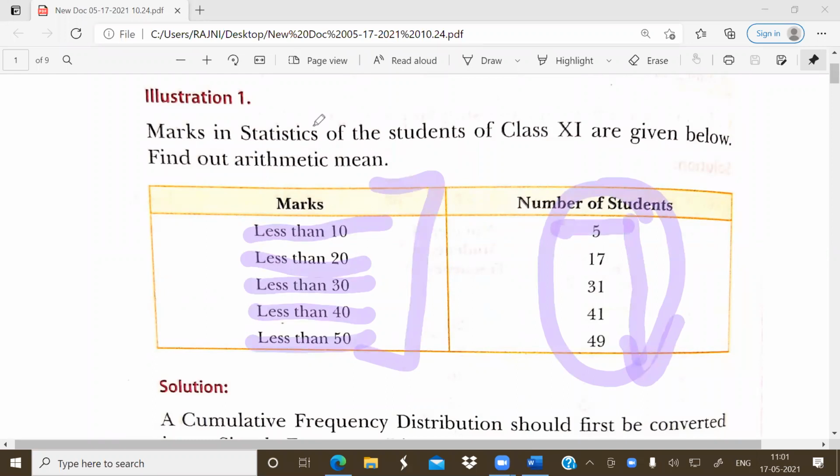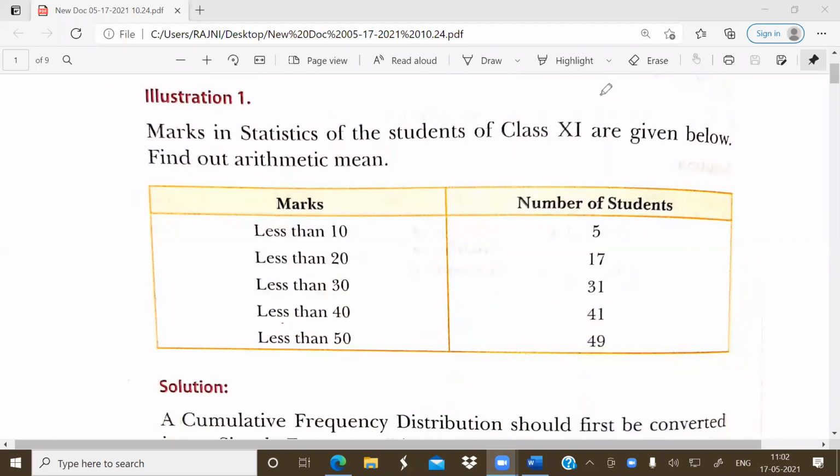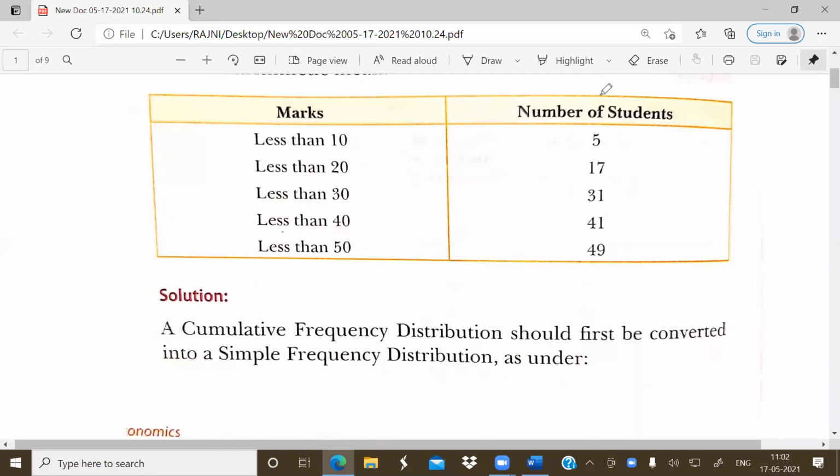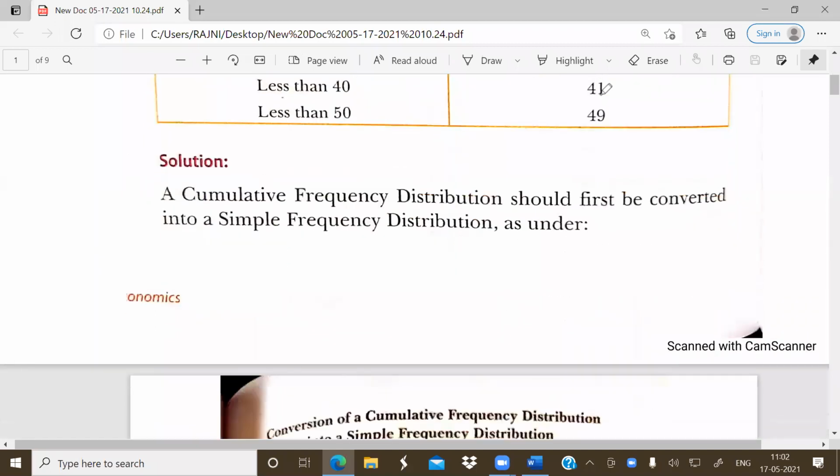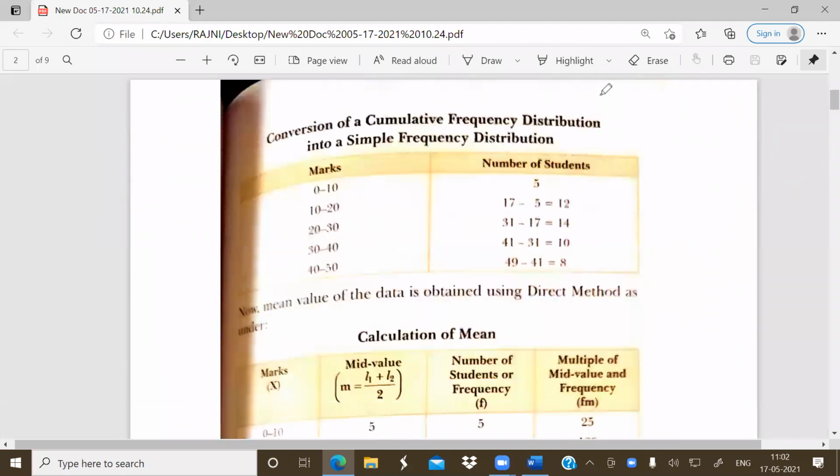It means the first item will be less than the second item, which will be less than the third item, lower than the fourth item, and the fourth item is lower than the fifth item. So in this kind of series, if we want to calculate the arithmetic mean, the first step will be to convert the cumulative frequency distribution series into the simple series, it means into the exclusive series. So firstly, we will discuss how to convert the cumulative frequency distribution series into the simple frequency distribution